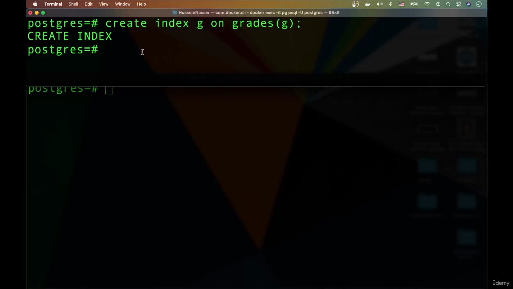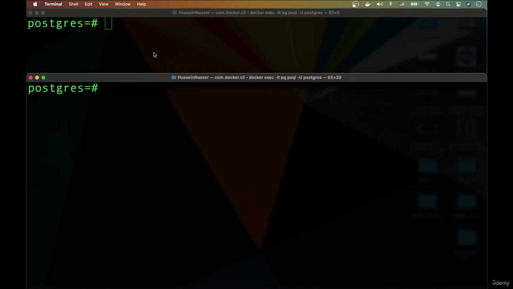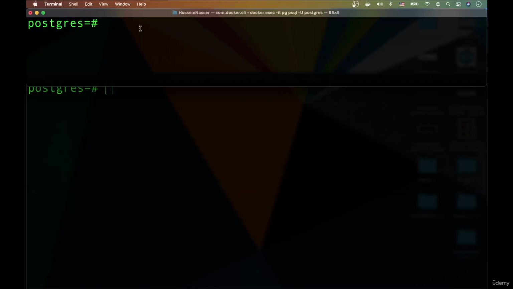So Postgres came up with a better approach to create an index called create index concurrently, and this is what I'm going to show in this video. Go ahead and drop this index and do the concept of creating the index concurrently, so we can allow write and read while the index is being created, which is very, very valuable. You cannot afford going down or pausing or locking transactions when you're essentially creating an index on the production environment. So we're going to do the same thing, create index G on grades on the field G, but we're going to add a word